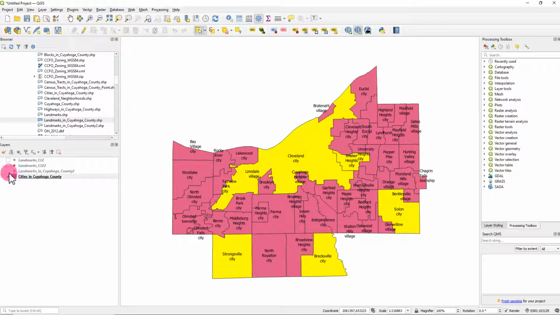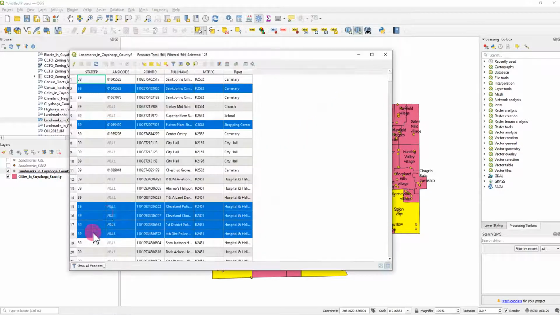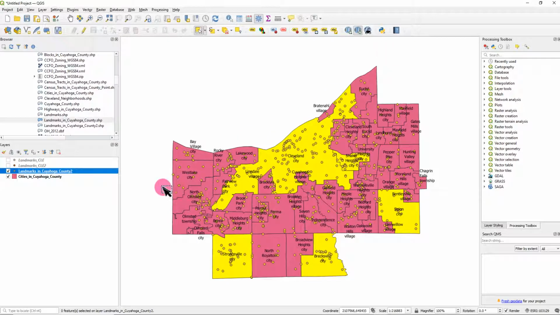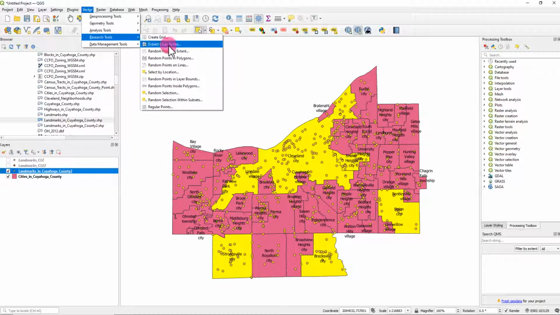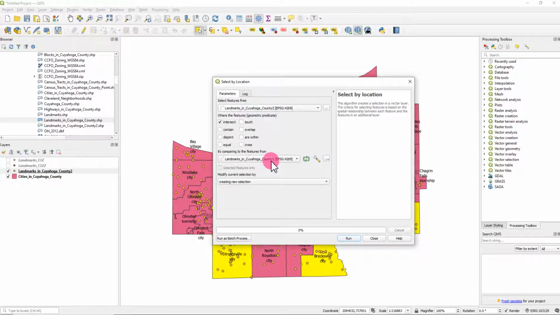And then turn on your point shape file, and deselect, and do the vector research tools, select by location. So this one should be city of Cleveland. With intersects, you can do this. And if I run,